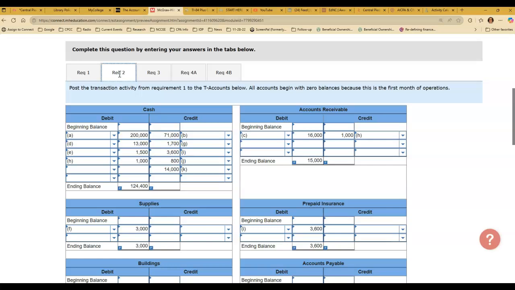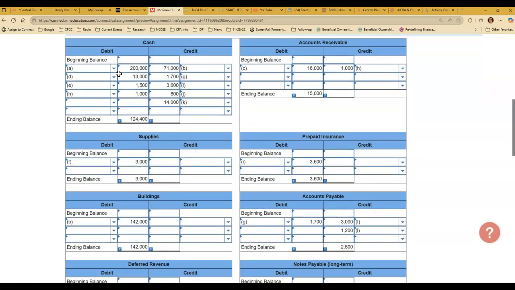So cash has a tab, accounts receivable has a tab, revenue has a tab, all the expenses have a tab. You with me? So now you can keep up with how much cash do I have, how much accounts receivable have we billed but not collected, how much supplies do we have in the supply closet, how much prepaid insurance have we not used,